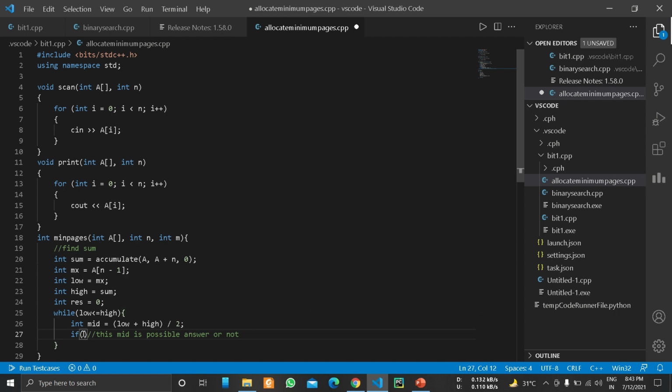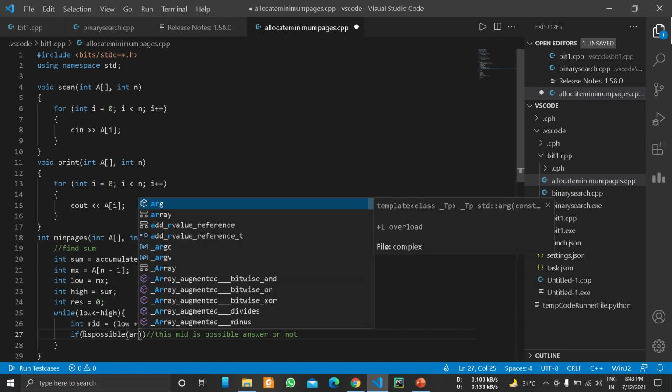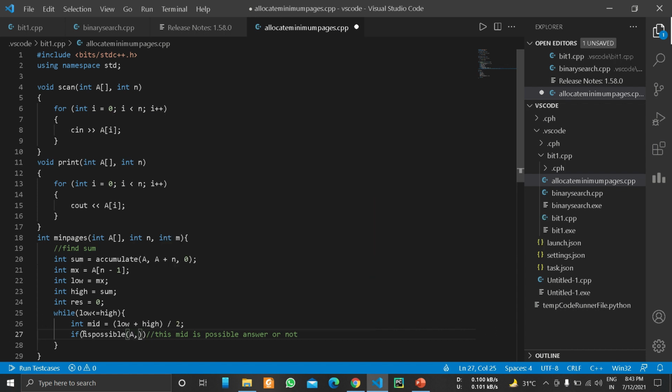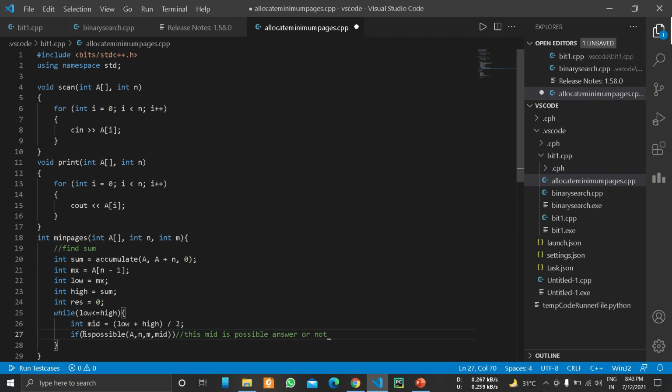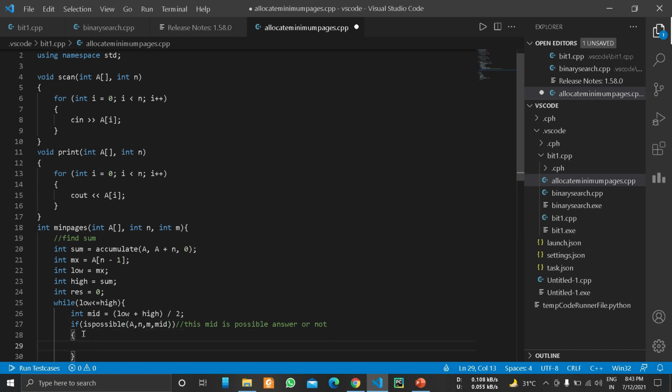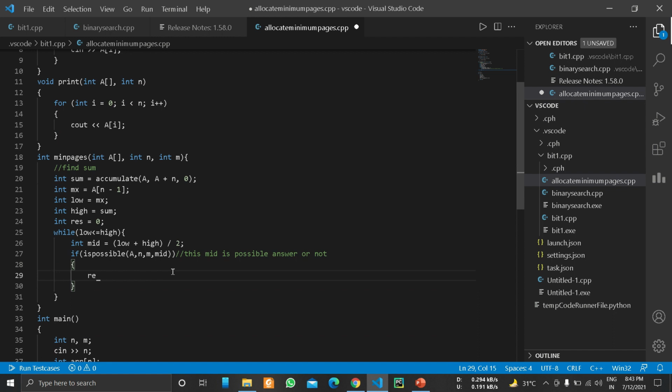We will call the function isPossible, and we will pass our array, number of students, and mid. So if the mid is possible, we will store the mid in the result, and simply shrink the array to the left side, and the new high will be mid minus 1.